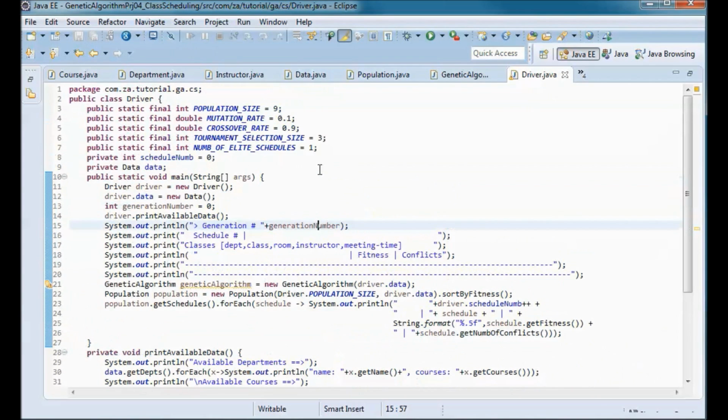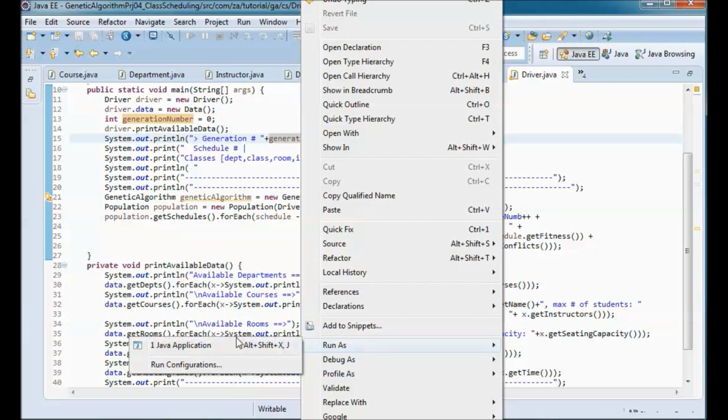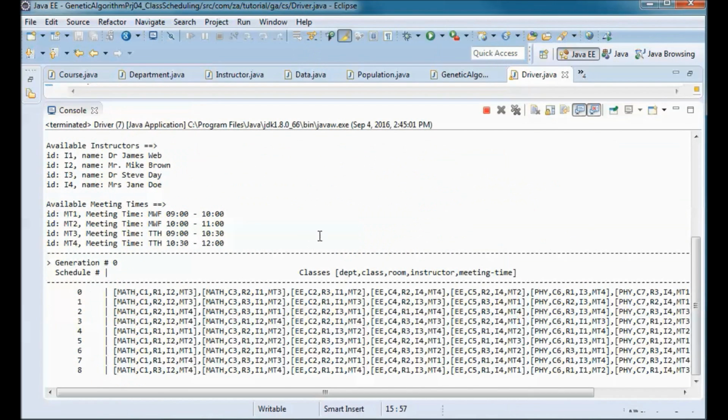And let's quickly test run this with generation 0 before adding the remaining code.